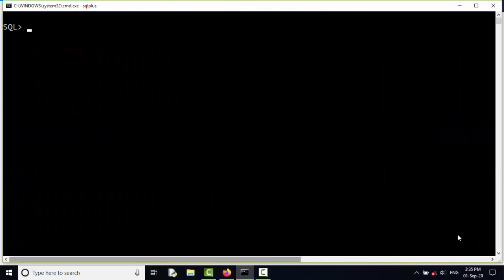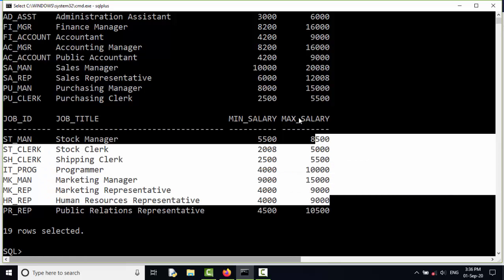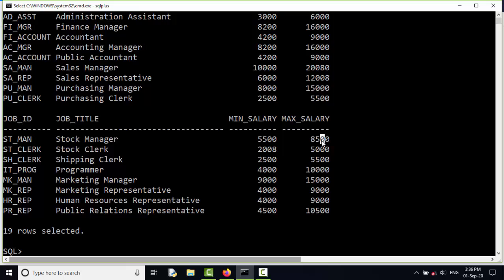Column alias is a new name for a column heading. It is useful in calculations. For example, select star from jobs. So here in this table we have a column by the name of max salary. So if you want to add some extra amount to that max salary, we can write the query as this: job ID and max salary,